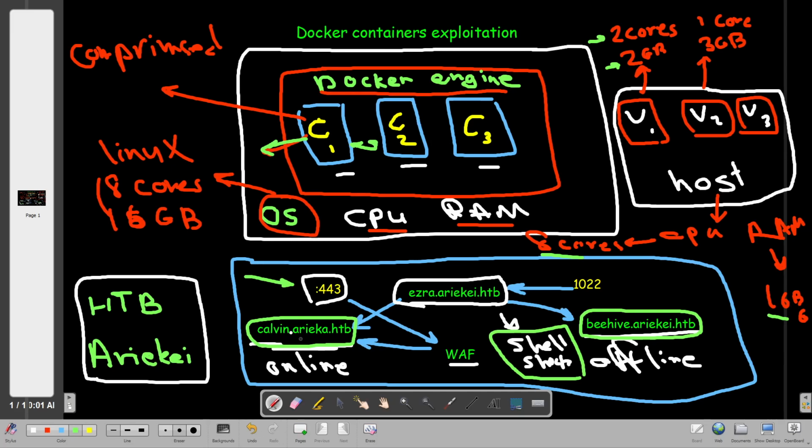From Calvin, we will be able to view the network configurations of the containers, and we will uncover another container called Ezra Ariekei. Ezra Ariekei sits in between Calvin and beehive. It has 2 network interfaces, one online and one offline. Through Ezra, we will do something called SSH local and remote port forwarding in order to send commands to beehive. It makes sense: we cannot access beehive, it is offline, so we need some sort of port forwarding. Since we have SSH access on Ezra, we will be able to do that using local and remote port forwarding rules. Using these rules, we will be able to execute a Shellshock vulnerability on beehive and give us